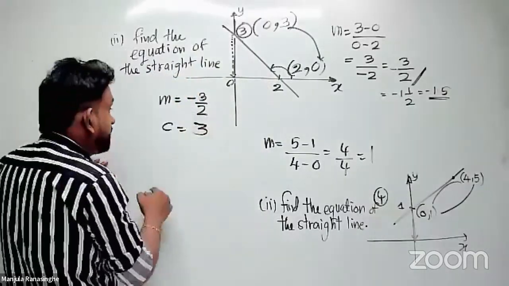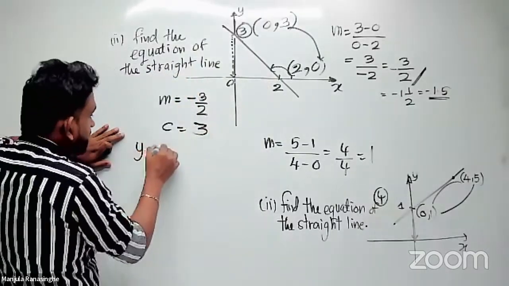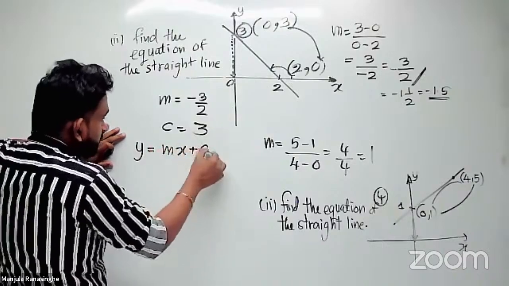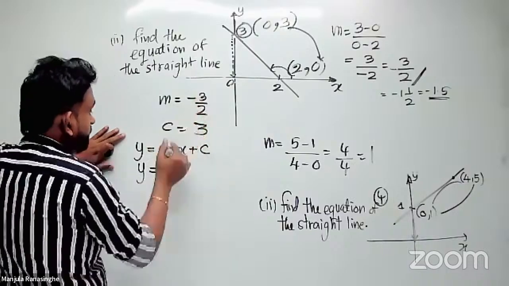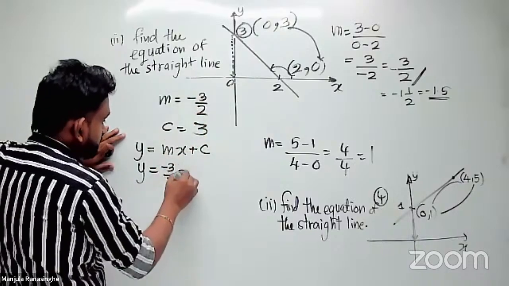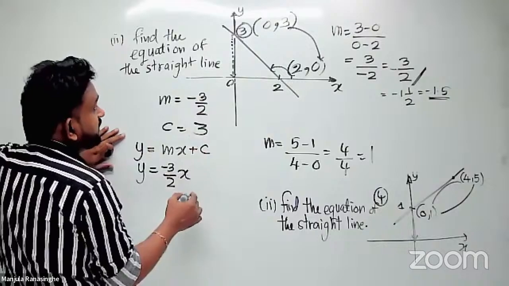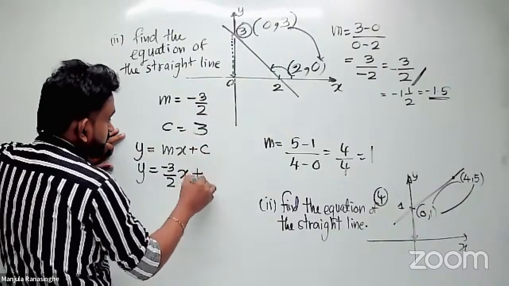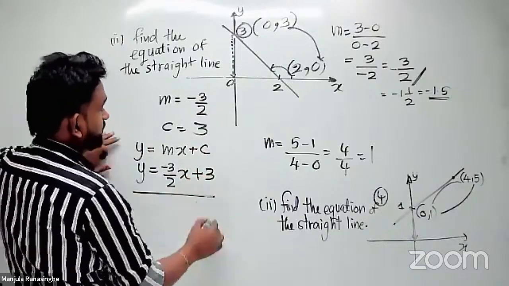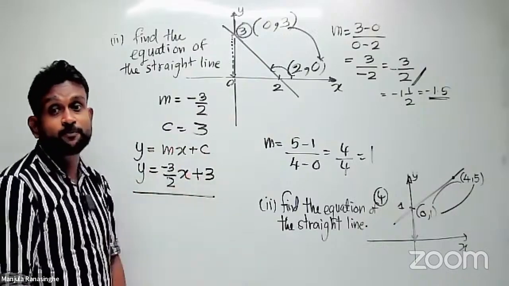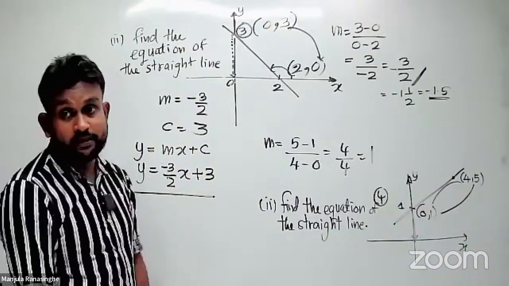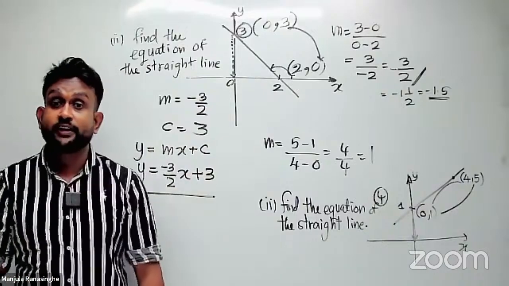So how to write the equation? y equals mx plus c. Okay, then y equals, for m you substitute negative 3 upon 2, x, plus c is plus 3. So y equals negative 3/2 x plus 3. Okay, any questions you can ask. So the next one,